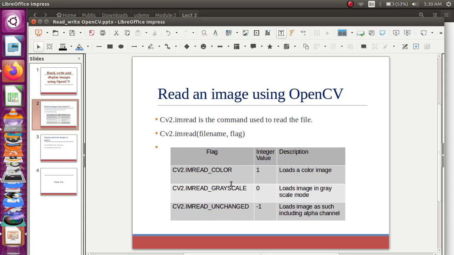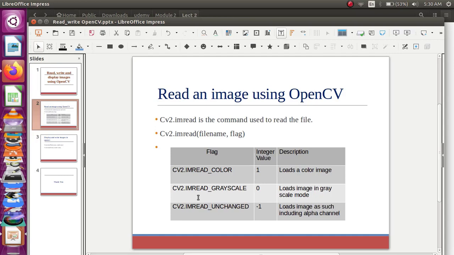The next flag is 0, which is cv2.IMREAD_GRAYSCALE. This loads the image in a grayscale format. And the third flag is -1, which is cv2.IMREAD_UNCHANGED. It loads the image as such, including the alpha channel.